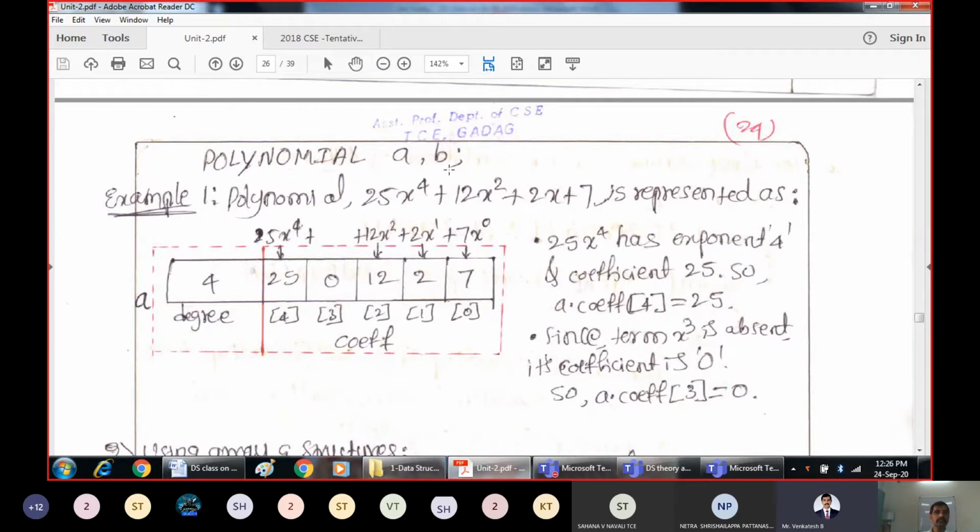Now this is the polynomial which is being represented: 25x raised to 4 plus 12x square plus 2x plus 7. This is what we want to represent.